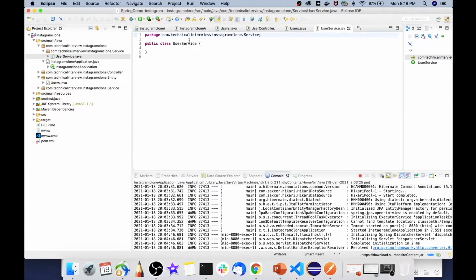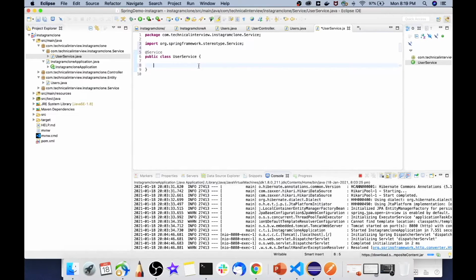So the first thing that we have to define over here is we have to tell the application that this belongs to a service class. So we will annotate this class with the service annotation, and over here we will write the logic for our service class. So the two methods that we need to create within the service class are, first, the logic for submitting our request to the database, and number two, the logic of retrieving the values, that is the user metadata, from our database.